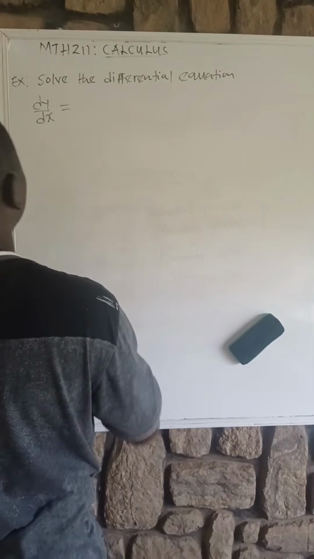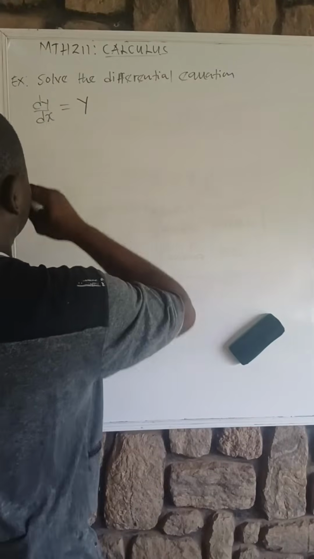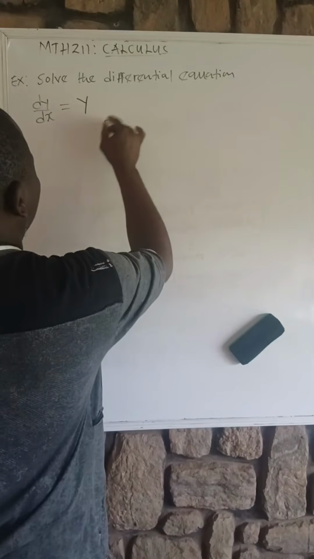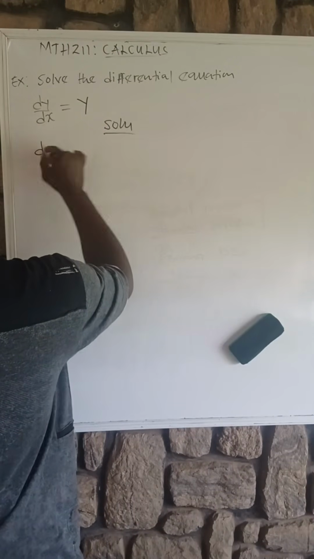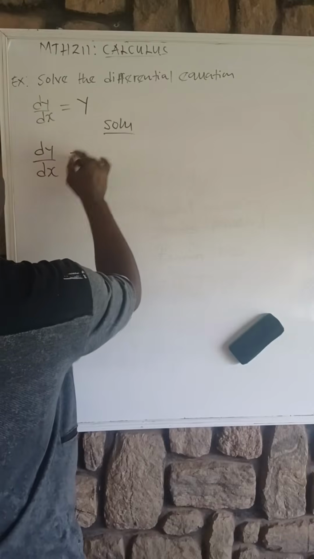The other example is dy over dx equals y. Is that clear? So what we are going to do, as we write the solution, dy all over dx equals to